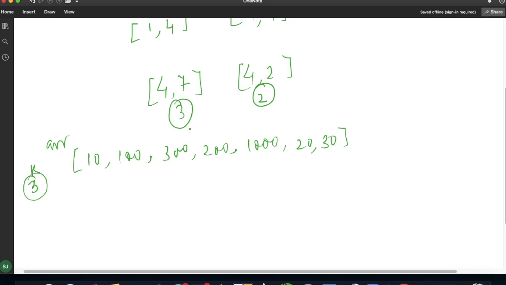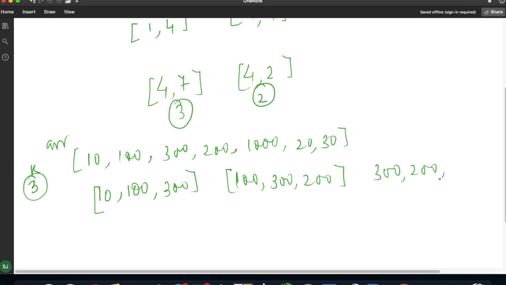So a few of the sub arrays will be of size 3. One will be 10, 100, 300. Another 100, 300, 200. Another 300, 200, 1000. Another one more, 10, 20 and 30.